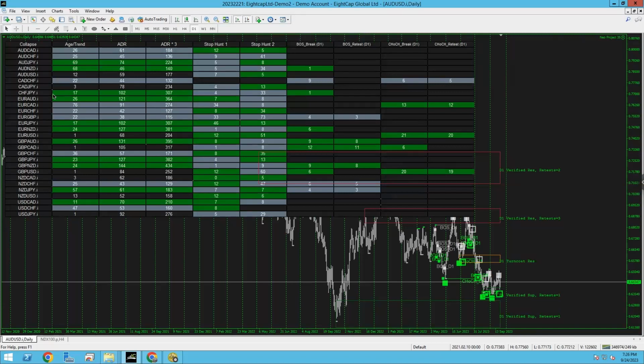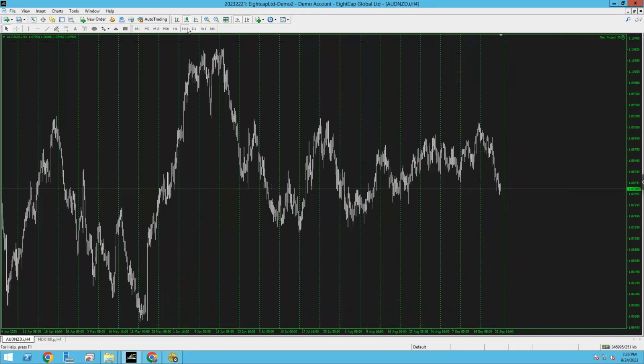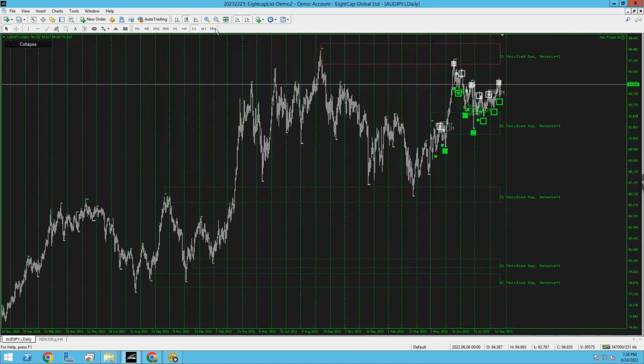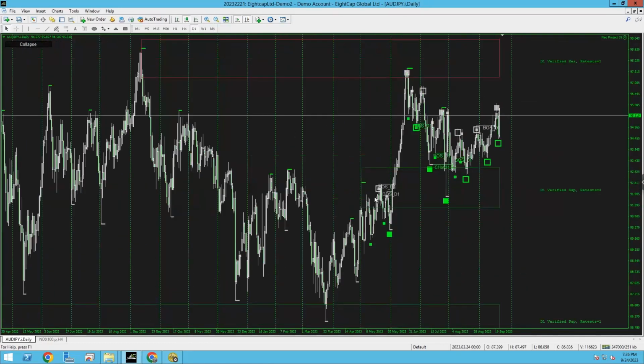All right, cool. So look at this. AUDJPY. This is a part of continuation. So AUDJPY, not AUD New Zealand. Look. So here is the power of the turncoats. This was a daily turncoat here. Look, daily turncoat. This is a verified level, but it was a daily turncoat before. Price action broke through it. When it broke through this level, this was a 400 pip buy. Look how it came back to this level again and still bought from this level another 200 pips.